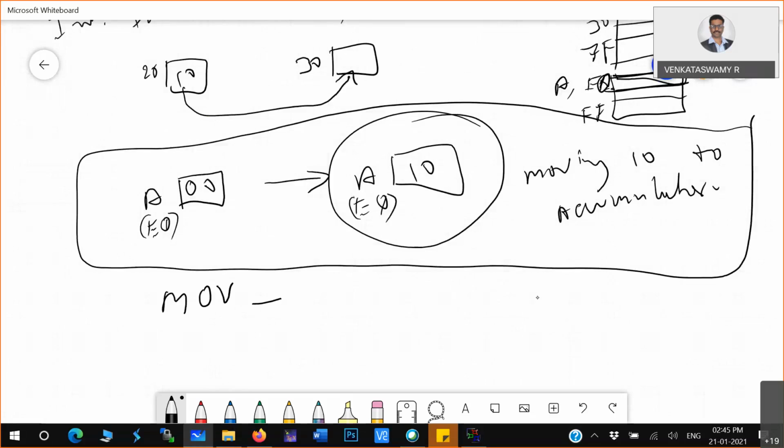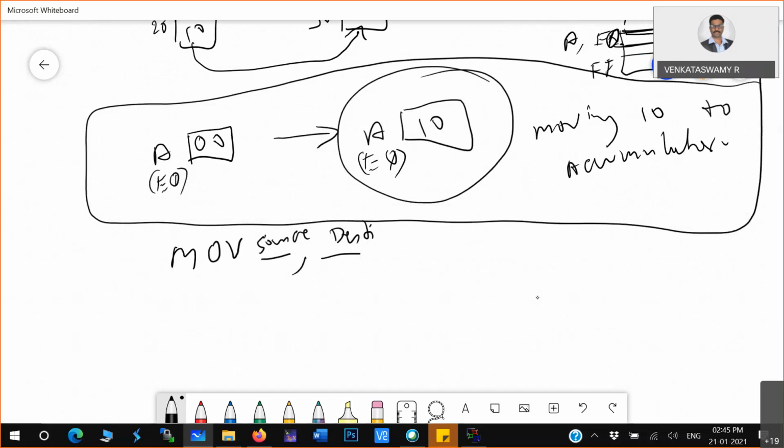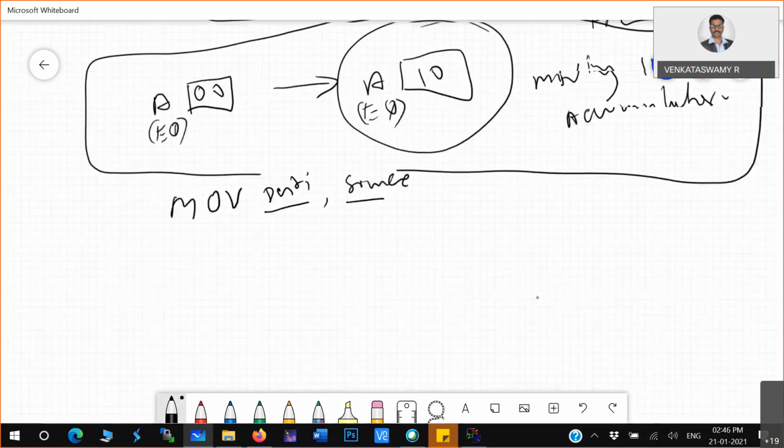It takes two parameters. Sorry, it is reverse: the first is the destination, and the second parameter is the source. So this is the general format of the data transfer instruction move.